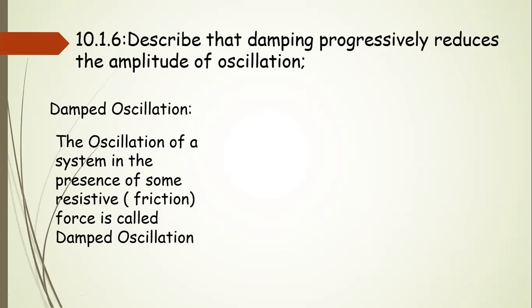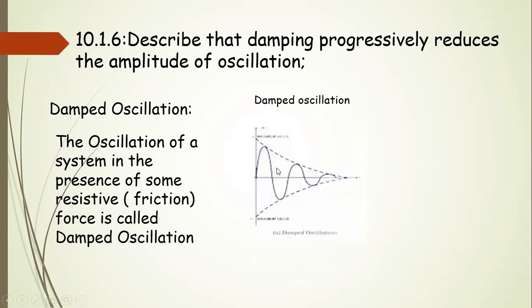If you do not apply any external force, the swing will eventually come to rest, and you can see that its amplitude of vibration goes on decreasing until it ultimately comes to rest. Now if I draw the waveform of the damped oscillation, we start the swing with this amplitude, and when only air resistance and friction are acting, the amplitude will decrease, and eventually it comes to rest.